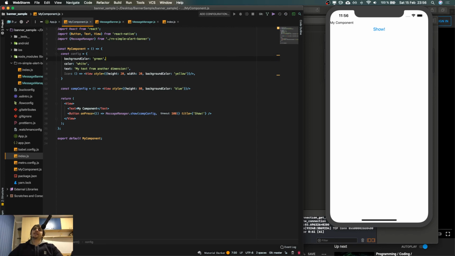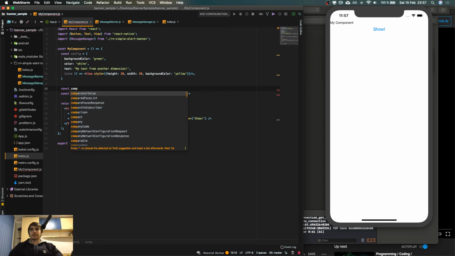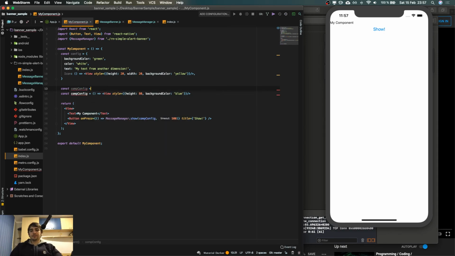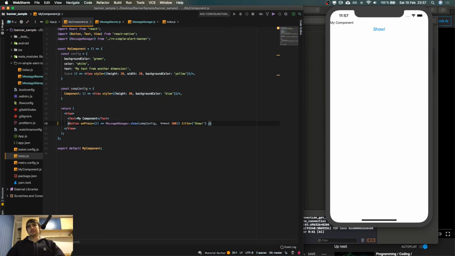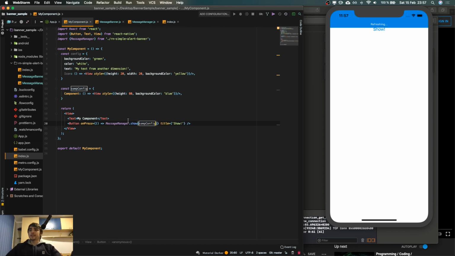Okay, yeah, I don't like this. I don't like the way I can send different first parameters. They should just be objects, man. Come on. So I'm gonna have another const comp config. So this is gonna be the actual one, and then this is gonna be the component, which is actually gonna take this. And you know what? I'm gonna put the timeout in the data